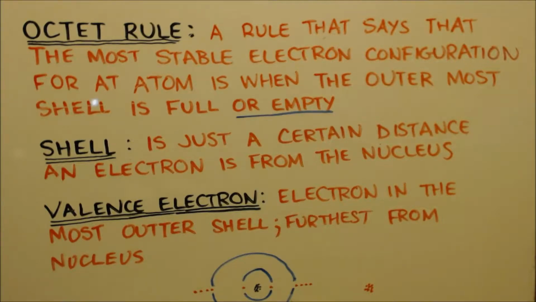We're here this time to talk about the octet rule. Just because it says octet doesn't necessarily mean that everything has to do with 8, but it's a good general rule. It says that the most stable electron configuration for any atom is when the outermost shell is full